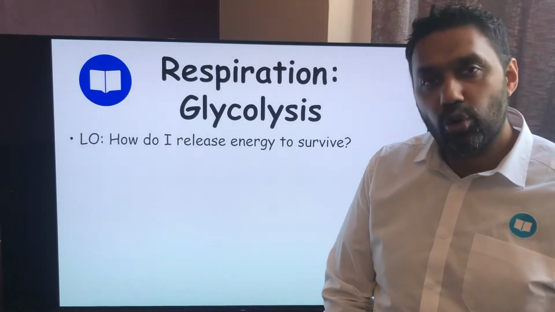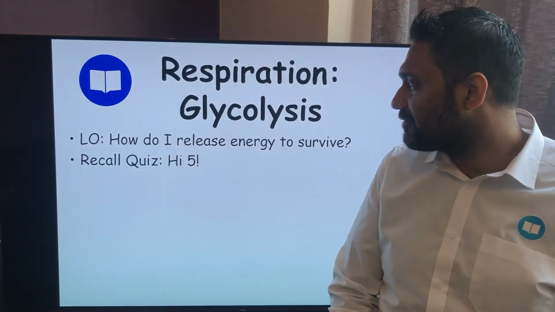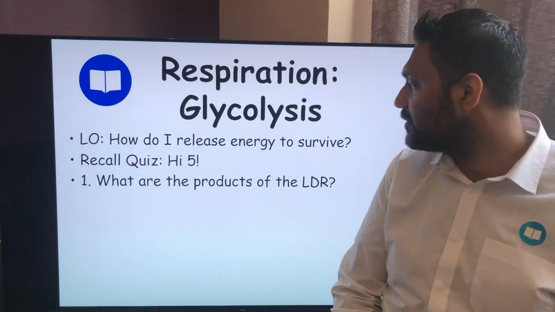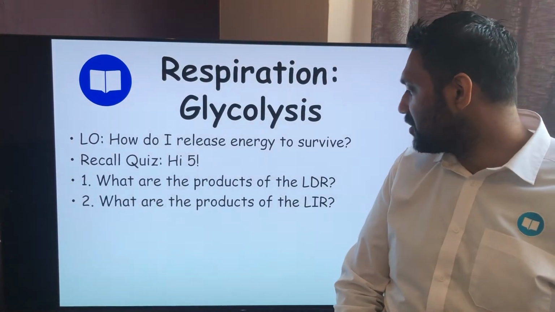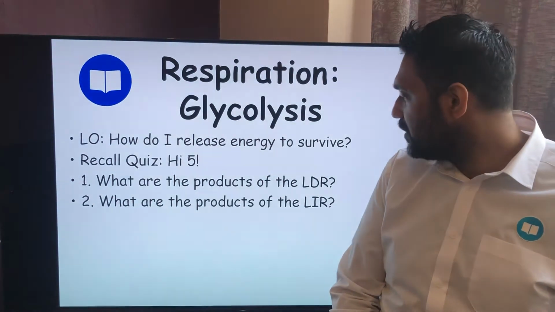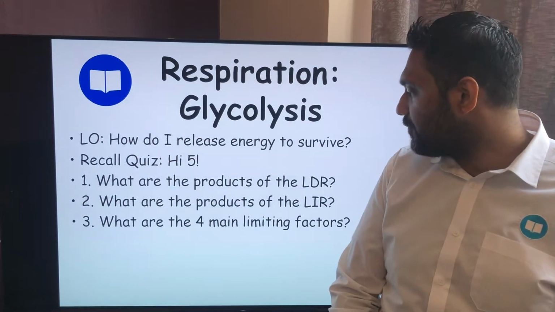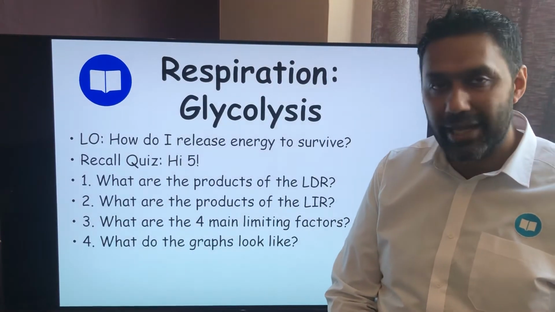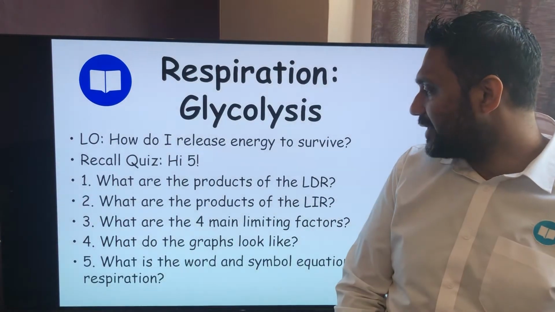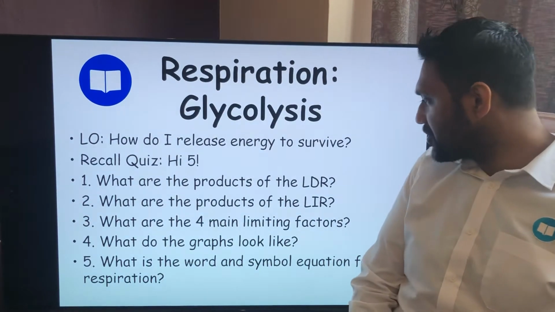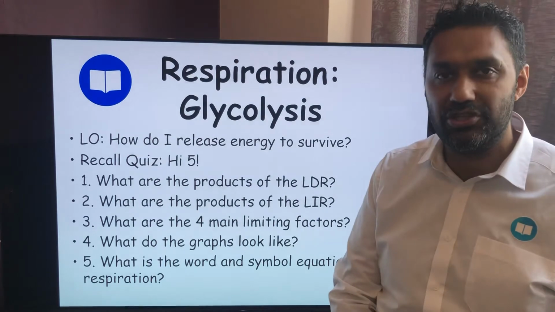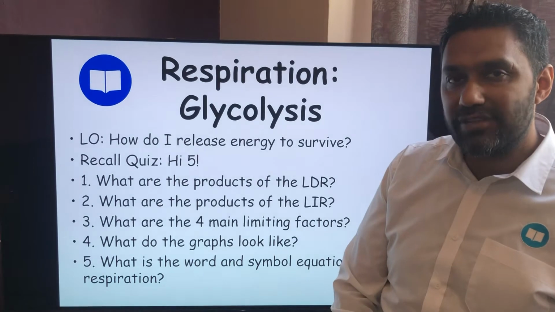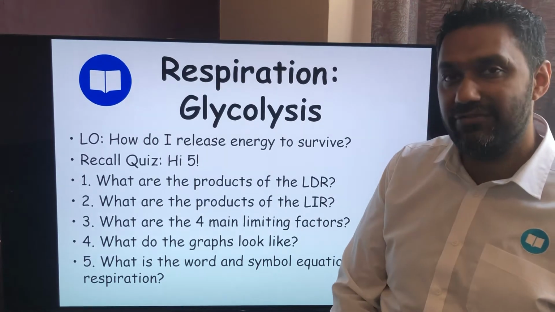We need to do our quick recall quiz, our high five, our virtual high five. Number one, what are the products of the light-dependent reaction? Number two, what are the products of the light-independent reaction? Number three, what are the four main limiting factors for photosynthesis? Number four, what do the graphs look like for those limiting factors? And number five, what is the word and symbol equation for respiration? That's your sort of GCSE question as a link into our new topic. So, press pause, have a go at answering those questions, and once you're ready, if you unpause them, we'll go